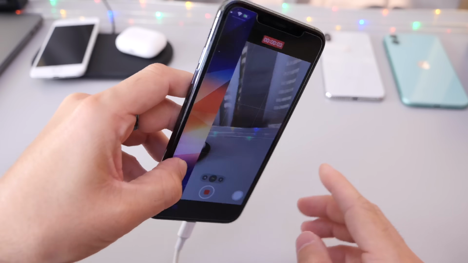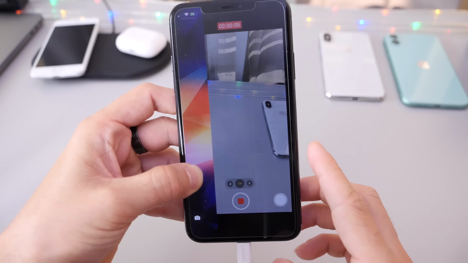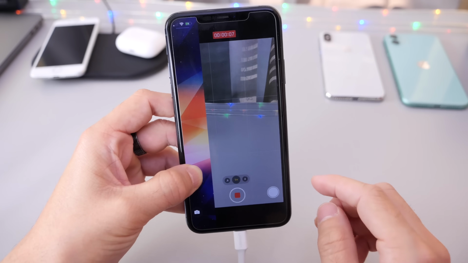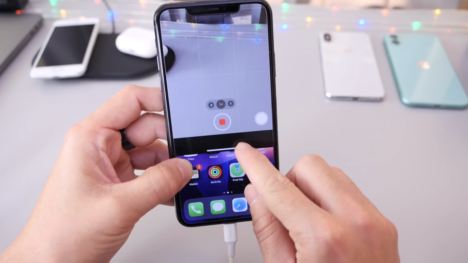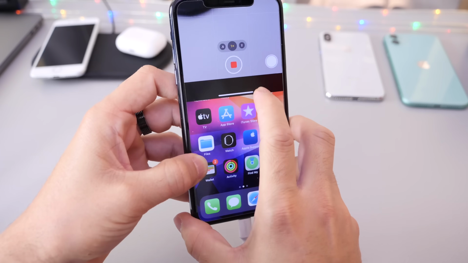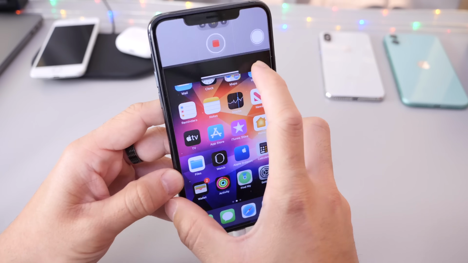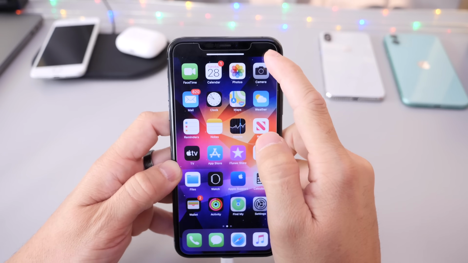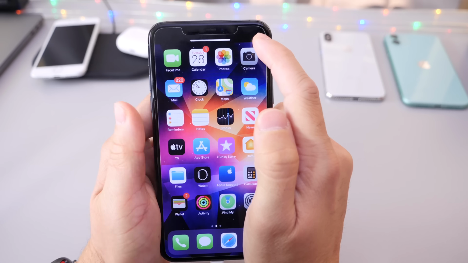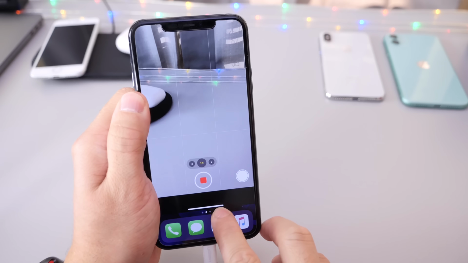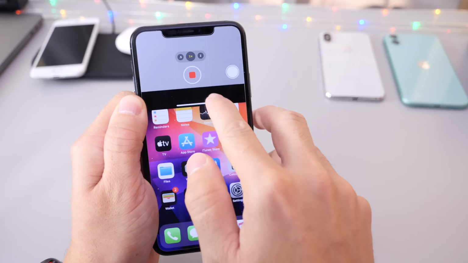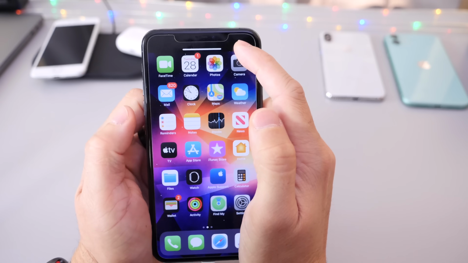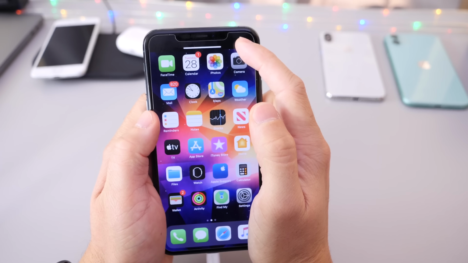Now if you activate the mute switch, this won't make that recording chime, so you won't be detected. So you want to swipe now from the bottom, bring it up just like that as you keep your finger on the left here. And now you can hold it all the way towards the top and no one will know that you're actually capturing video. As you can see here, it is still capturing video. Right there it is. It's going and it'll be on your camera roll. Once you're done, you can go ahead and release and this will stop the video from recording.